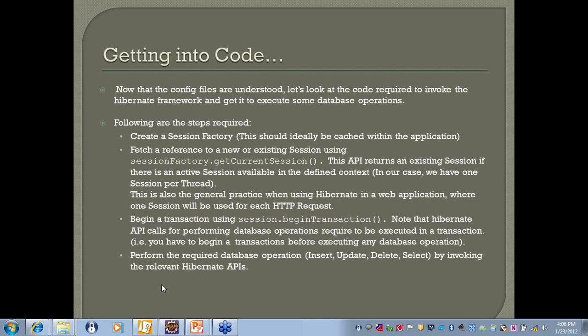What I'm trying to do is build up a concept, and then there's lots of experimenting to be done anyway. Hibernate in itself is a huge framework. There are lots of features which you'll have to experiment with. So let's get the concepts cleared first, and then leave it to further sessions to take care of these minute details. Fine.